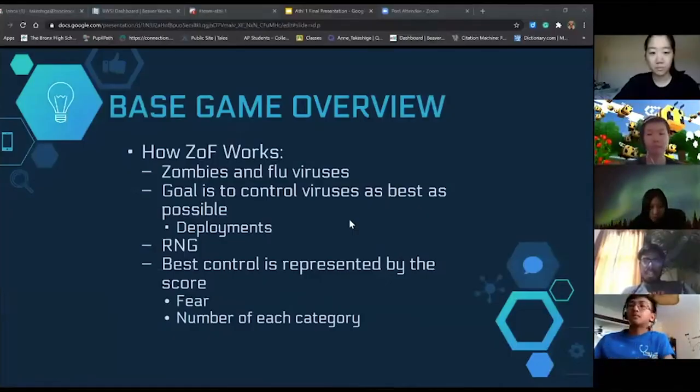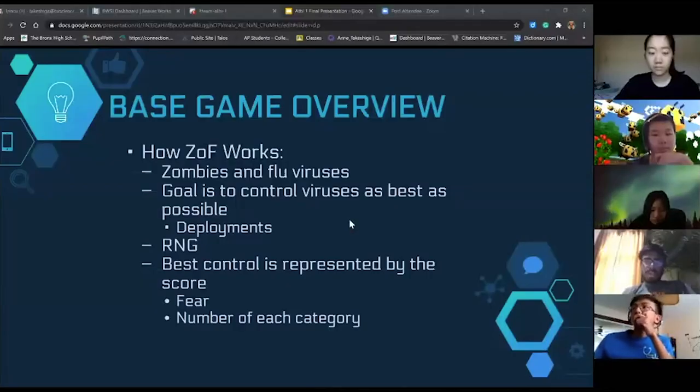neighborhoods. And in these neighborhoods, there is a chance for a zombie and a flu virus to occur. The goal of this game is to best control the viruses utilizing the deployments, which can range from quarantines or to firebombs. Obviously, there's RNG involved in the chances and how quickly the rates spread. And to measure this, there's a score metric which will be used to determine how best controlled the city is